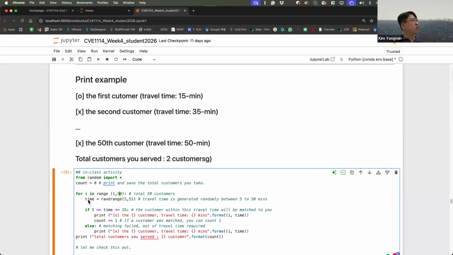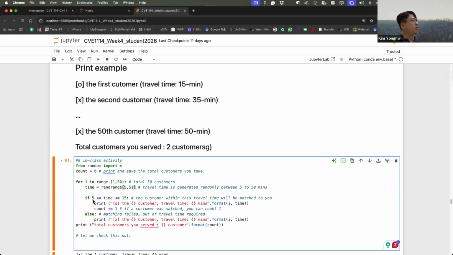And then generate a random time, ranges of 5 minutes to 51 minutes. If the time is within these ranges, print out these things.